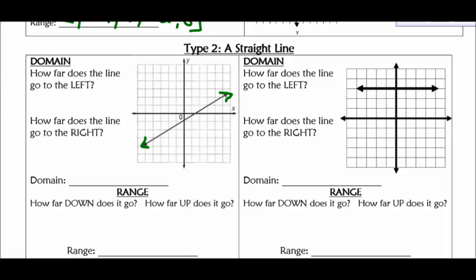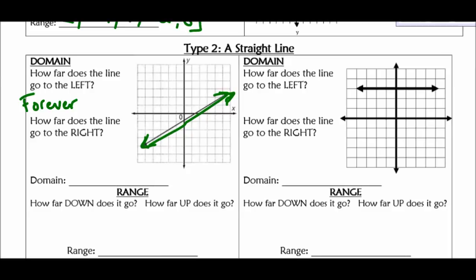So when I'm talking about domain, I'm talking about how far to the left does it go and how far to the right does it go. Well, I'm talking about a line, so it's going on forever to the left. And it's going on forever to the right. So it goes on forever